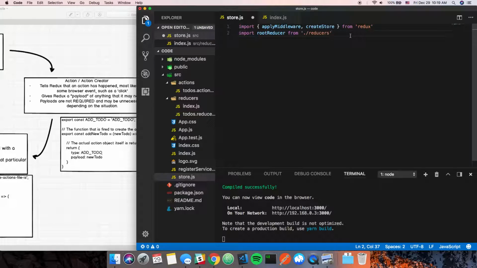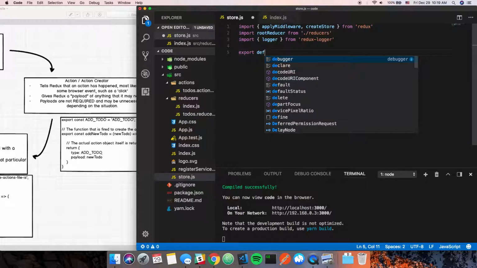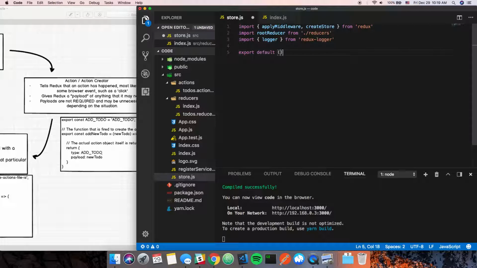so now we're importing that. We're going to install this all in a minute here, but for now, let's say import logger from redux-logger. And then what we're going to do now is export default a function. And what this function's going to do,